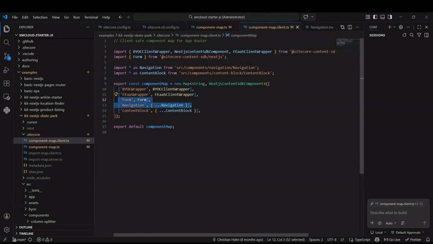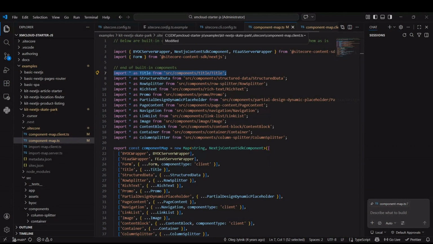And there is a flag called client component map. This lets you force dual maps even on page routers or force just a single map even on app router. There is also include variants, set to true by default, which automatically pulls in component variants like promo block